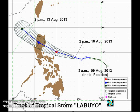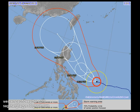Now looking at the latest forecast from the Japan Meteorological Agency. Looking at their forecasts here, they're somewhat north of the track compared to the other forecast agencies, and you can see the track here taking it west-northwestward and then a northwestward curve, making landfall instead in the province of Cagayan near Paris and into the northern half of the South China Sea by Tuesday. Obviously